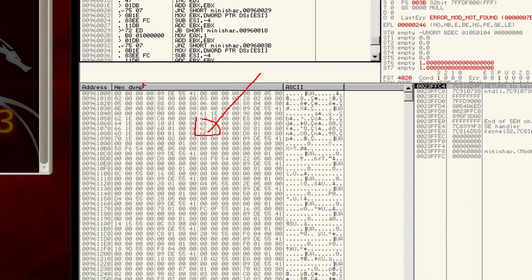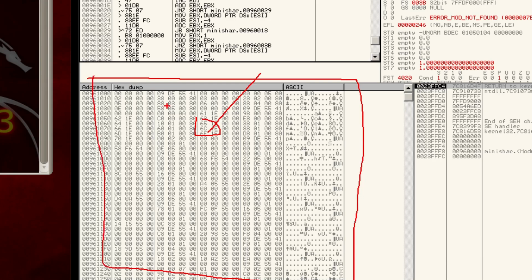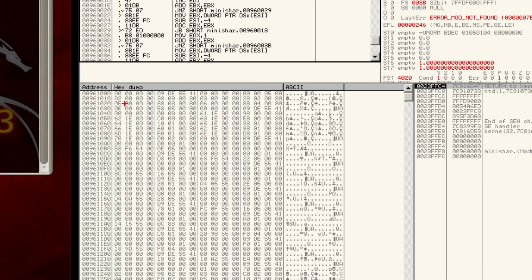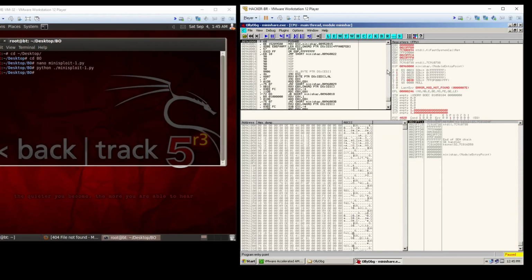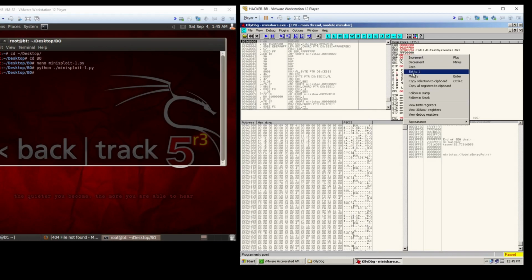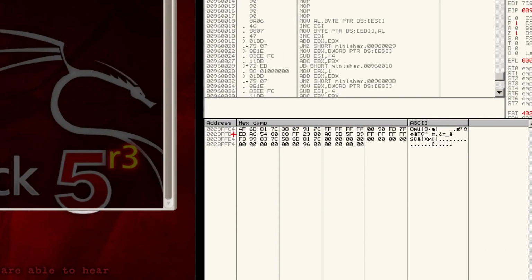In here is some part of the location where you can look at the real memory value in the hex dump. By default, this is the memory location, and this is the value in the memory at this address, 00961000, and this one is the instruction. For example, if I want to follow the stack in the dump, you can click in here, follow in dump,